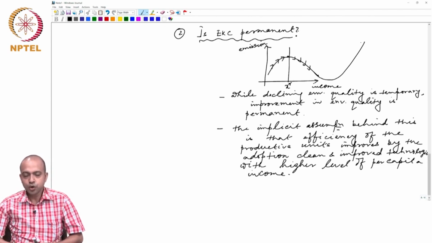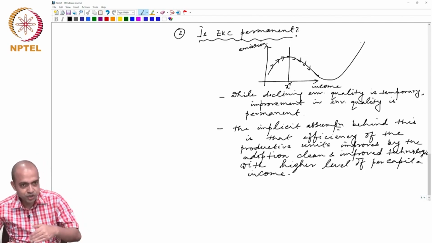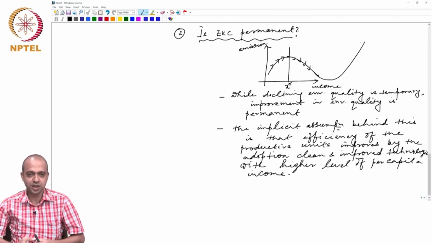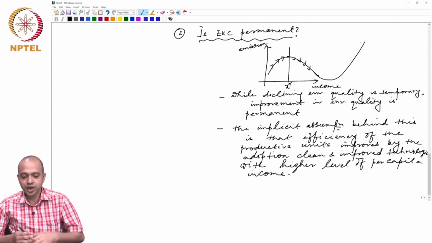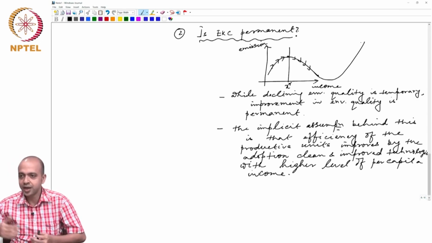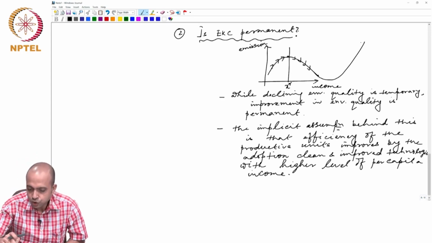So that means we have to be very, very careful about at what level of pollution we are generating, and the economy must always be continuously involved in technological innovation, so that once a certain level of technology comes to its limiting end, the next level of advancement happens. Okay. So this type of